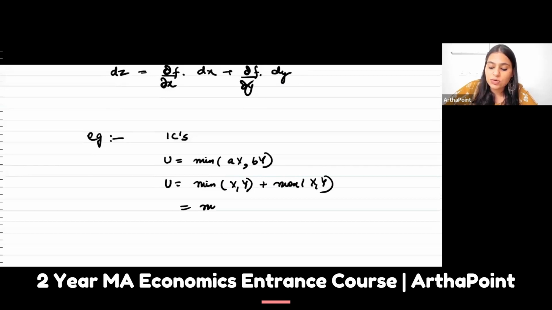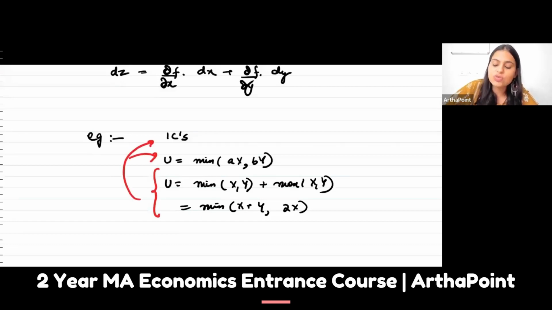Or U is equal to min of X plus Y, 2X, something like this. So you will be learning composite utility functions. Now this can only be understood if you know these 2 things well. So this year is the year to be thorough with Varian and all the videos related to Varian. It's the year to be thorough with Snyder and Hammond, so that it can be used in the